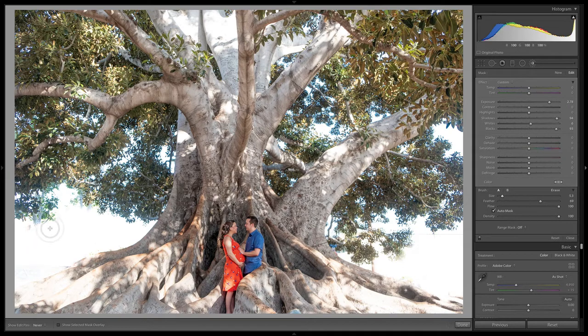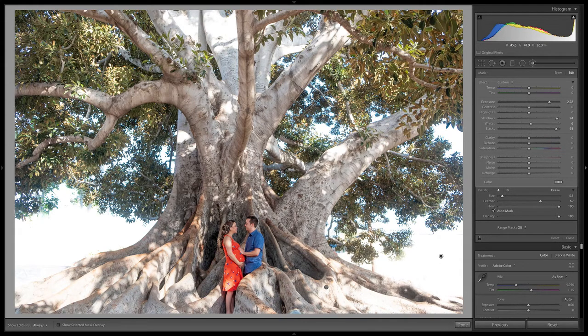Now, one thing I notice is this tree right here, you see this tree trunk, and it's like, where is the rest of that tree trunk? So I'm just going to paint that out like so. See this wire right here going across. Cool. So to me right now, I'm like, wow, this photo looks kind of weird now because it's completely white over here. But my hope is that if you see this for the very first time, it doesn't look too weird, that it just looks like it's overexposed, but you're not really bothered by it. Cool, so that's looking pretty good.